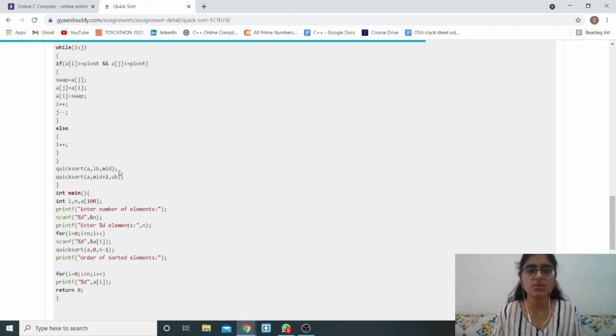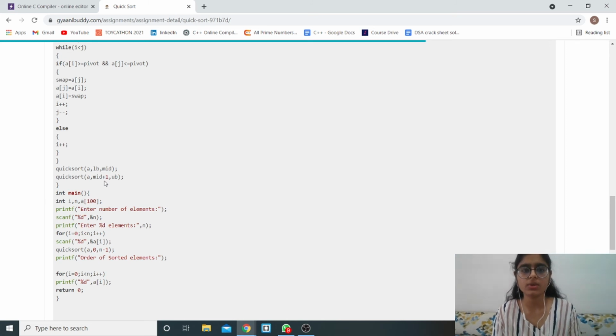Because after traversing once through the complete array, now we need to go to the subarrays to sort them. The first call sorts the left subarray, and the second one calls the right subarray. For the right subarray, obviously mid plus one will be the lower bound and the upper bound will be the last element. This process continues until we get a complete sorted array.